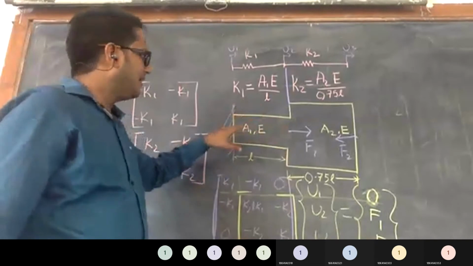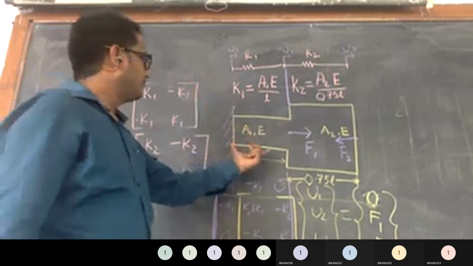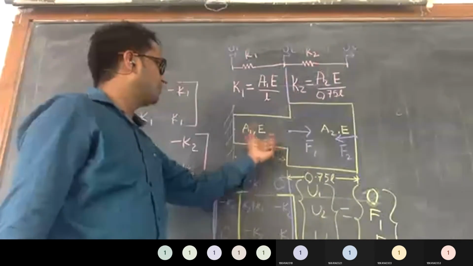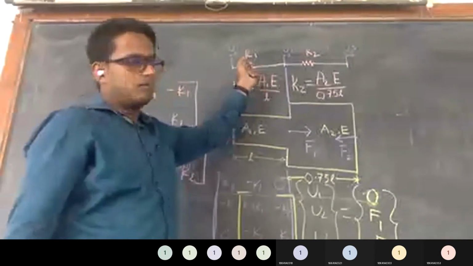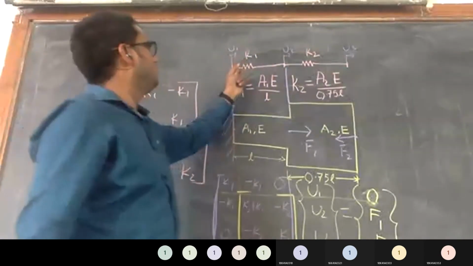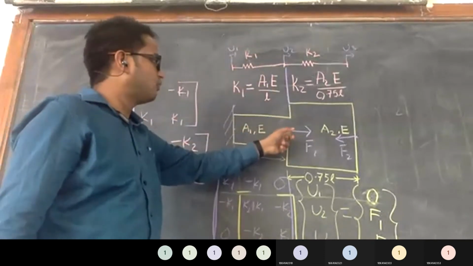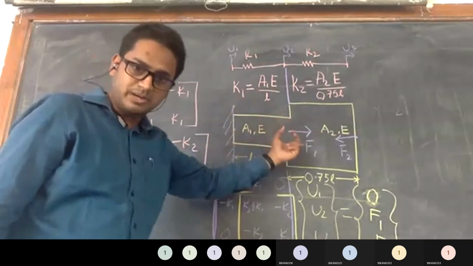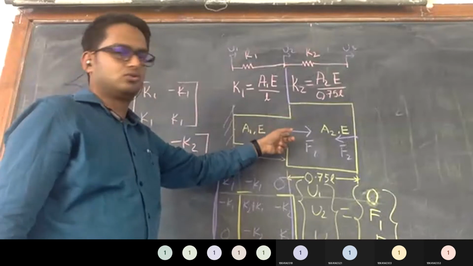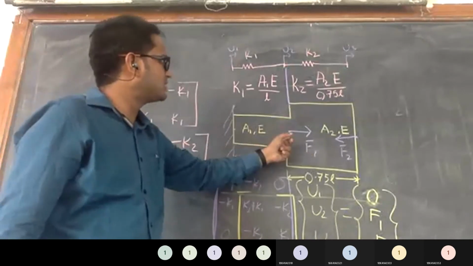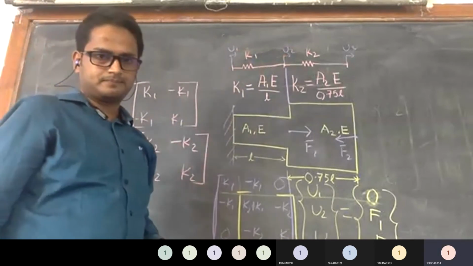For the problems we have solved till now, for the given geometry, in between we cannot calculate any displacement. We are calculating displacement only at node locations, nodal locations. So wherever any force or any displacement is given in your question, you simply put a node at those locations. Like here, force F1 was acting, so I have kept one node over here. Okay, sir. Got it? Yes, sir.